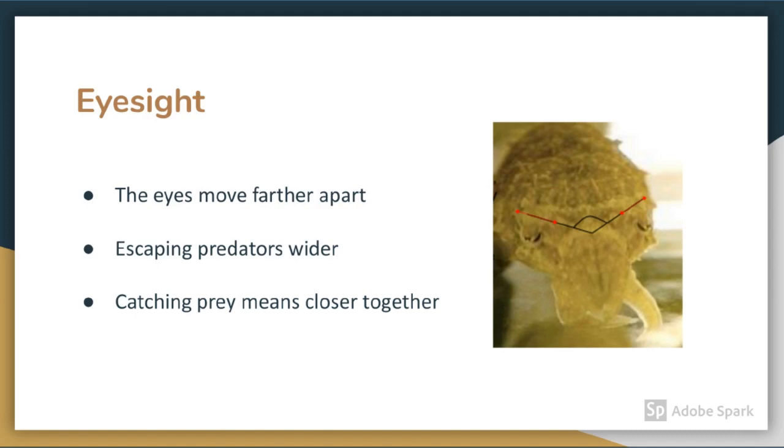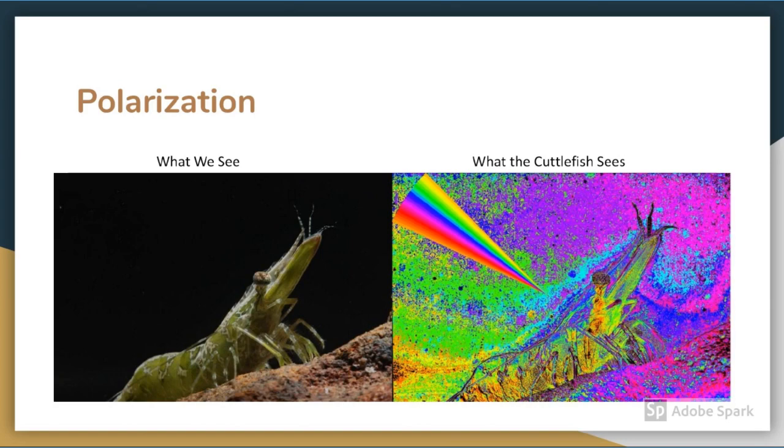It has 15 to 100 degrees of overlap in its eyesight, meaning that the cuttlefish can see objects in its peripheral view. Cuttlefish are colorblind, but can see polarized light, which is invisible to humans. Cuttlefish can discern even 1 degree of difference in the angle at which light is reflected and polarized. The subtlest change can activate their color-changing defense mechanism,